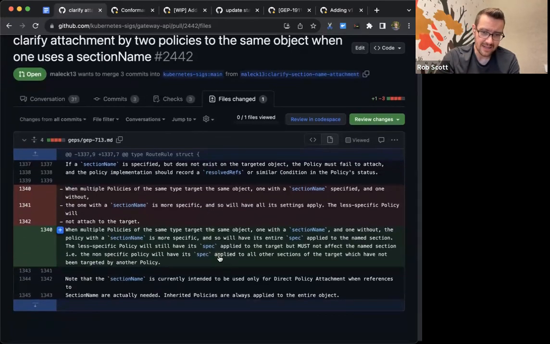I think this has been cleaned up pretty well now and appears to represent the consensus on that thread, but I'd really like to encourage the people that have already looked at this to take another look now that it's been updated, and also anybody involved in policy attachment, please take some time to read through this. If you've already implemented or are considering implementing policy attachment with your implementation, this will affect you. You don't want to have any surprises here, so I would appreciate some broad feedback on this one.